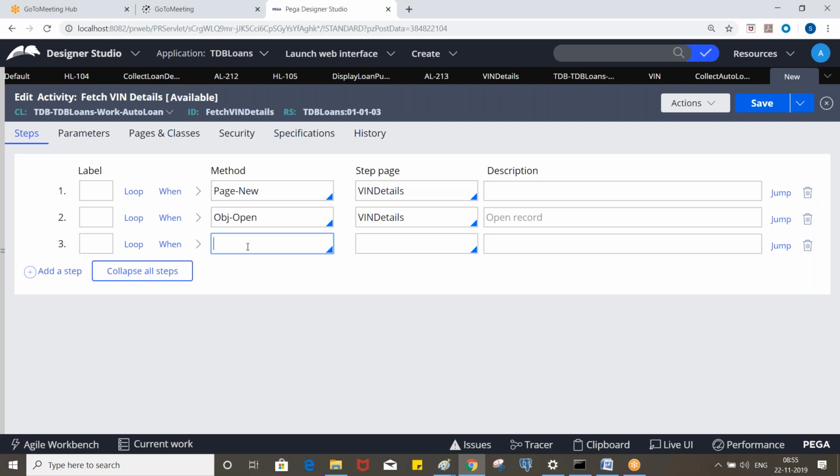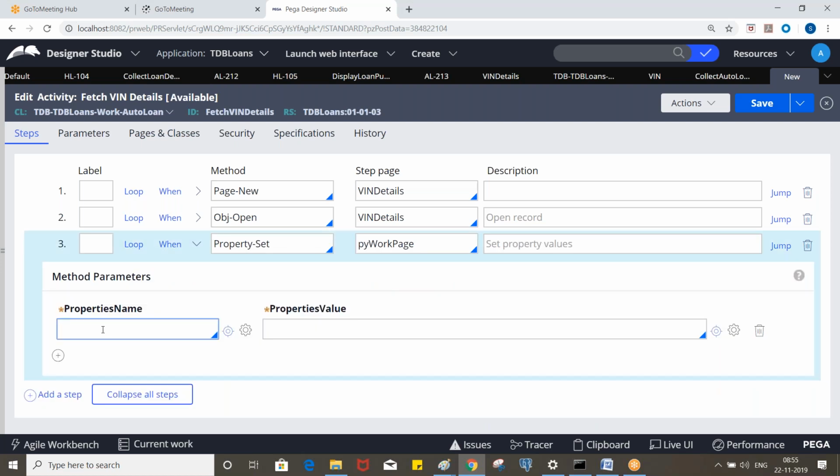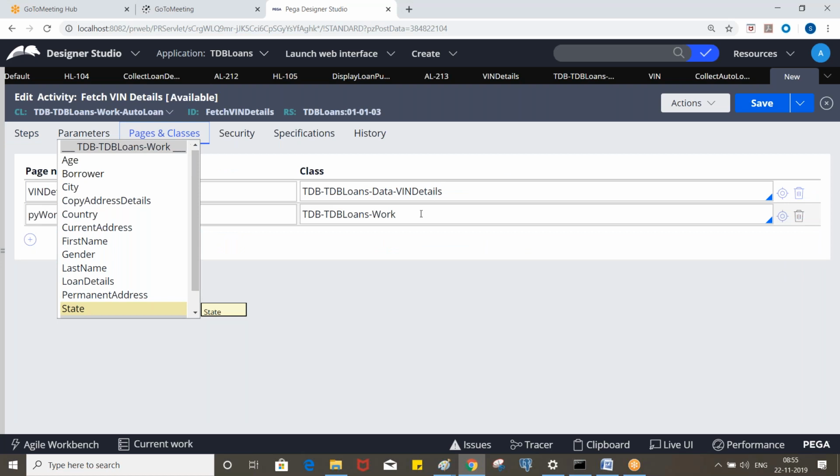So you have the details on win details after execution of this step, and you need to map it back to the py work page properties. What is the method we need to use? Here it can be a py work page or win details. Significance of this step page: if we put the step page here, then to these properties you don't need to. This should be auto load.